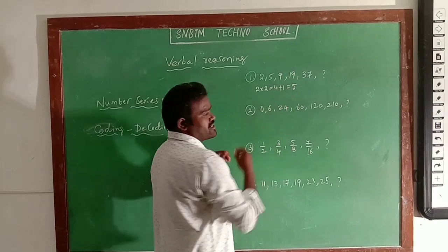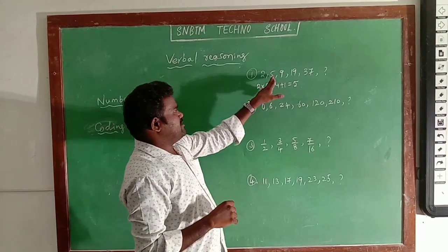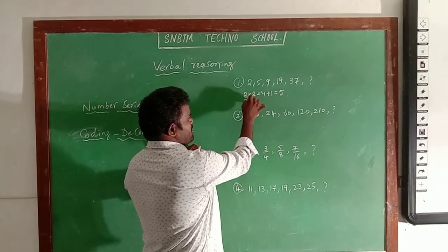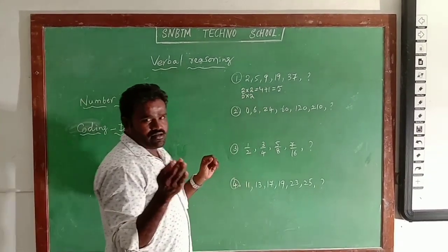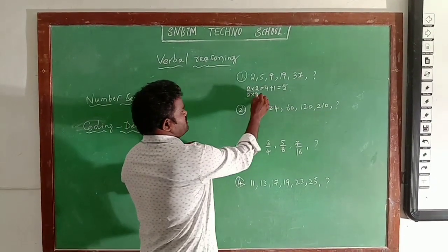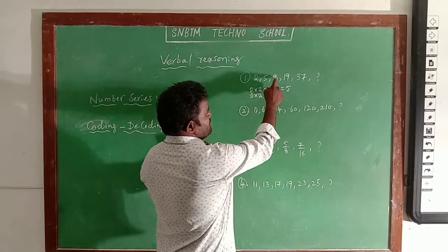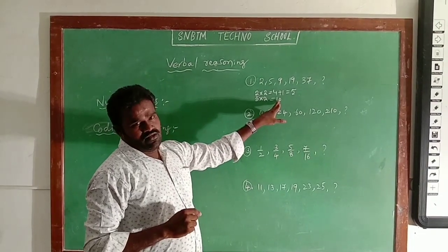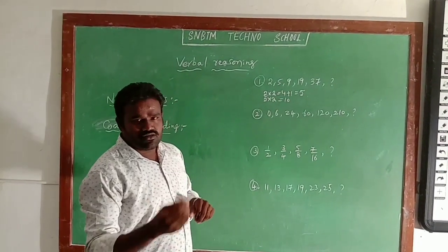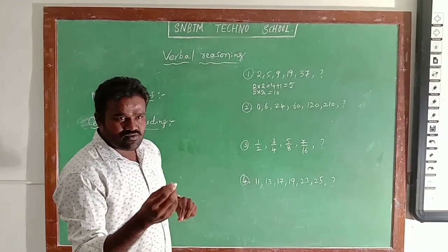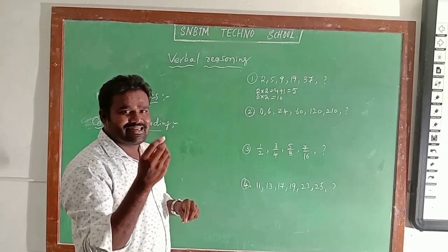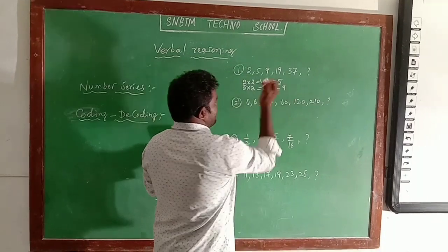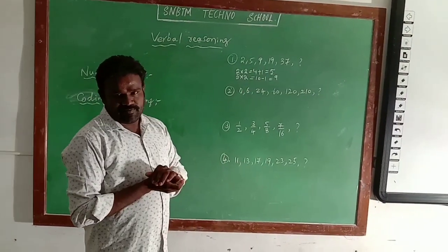Same here, the second number is 5. Multiply it by 2, I mean double the number. 5 twos are 10. But the next number is 9, and we got 10. So to get 9, what do we have to do, add 1 or subtract 1? Clearly it is minus 1. 10 minus 1 is equal to 9. So we get the third number.